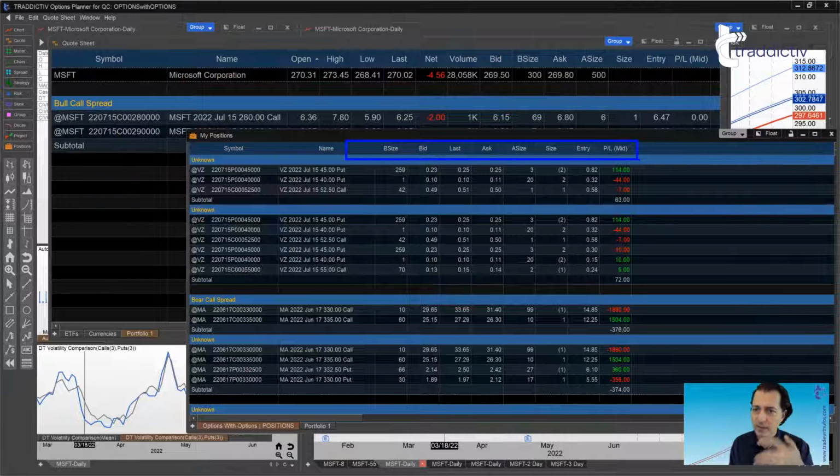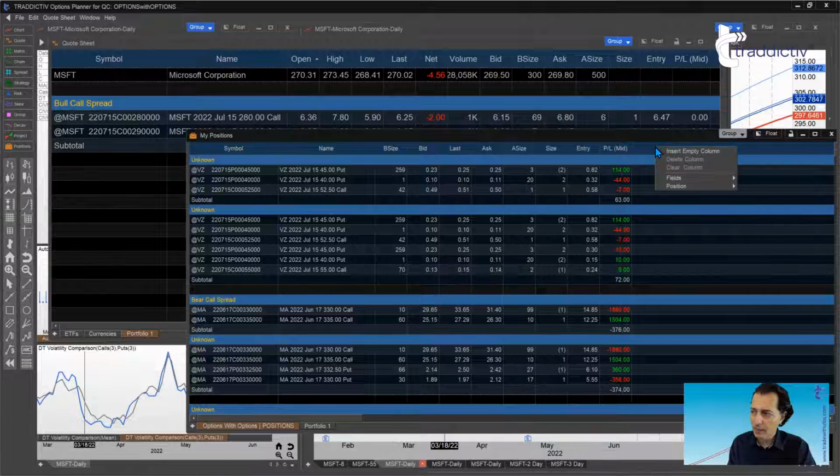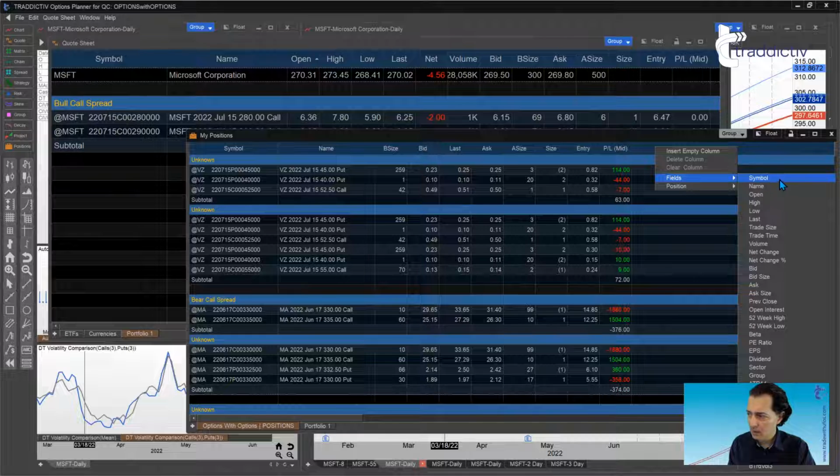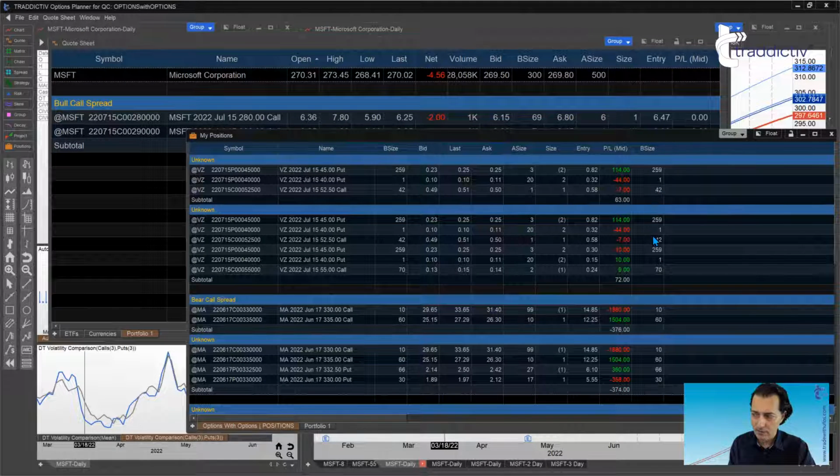And the reason why is because typically, and by the way, you could certainly come in here and right click and say, I want the bid size. So let's find the bid size. The bid size is here, and I could add it, and now I have the column with the bid size. So you could certainly do that. I'm going to remove it. Not a problem. But